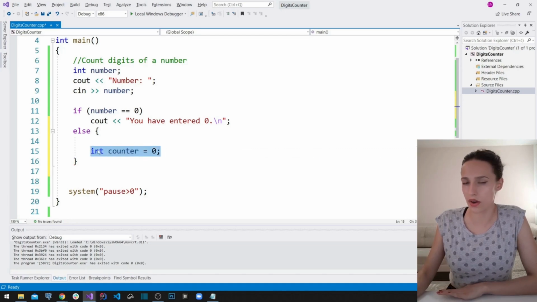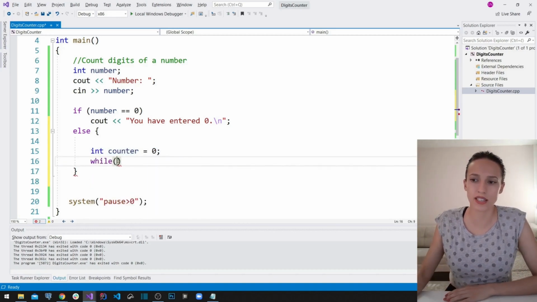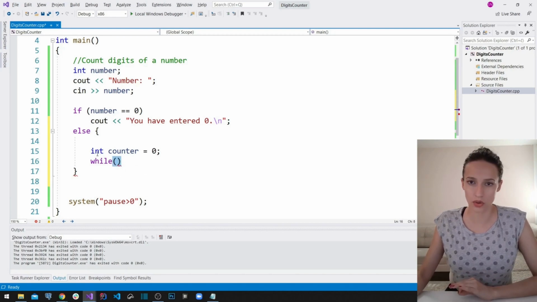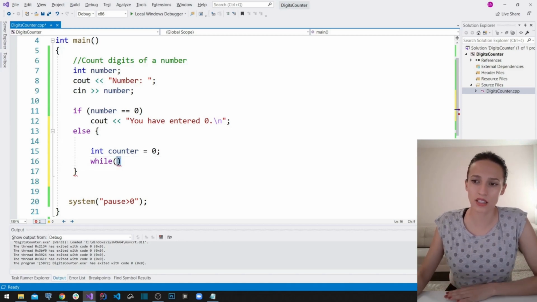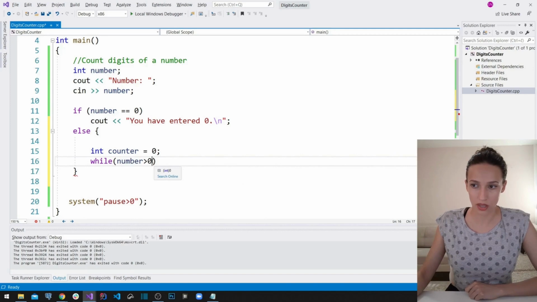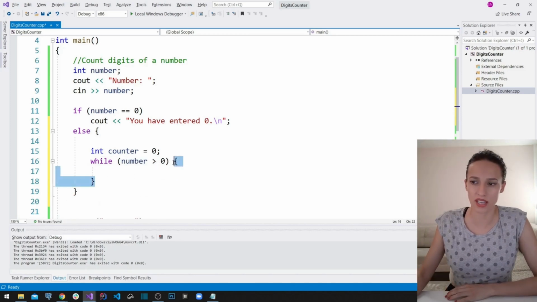And after we have created this variable here, now we need our while loop. So while, like this, and then inside these parentheses here, we write out a condition that our while loop is going to check each time that it wants to run, each time that it wants to iterate. And that condition here is really going to be, please check whether my number is greater than 0. Okay, so in any case where our number is greater than 0, our while loop is going to execute this block of code that I put inside these parentheses. And what we are going to put